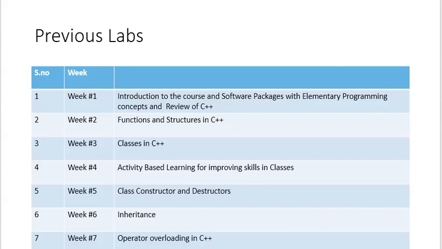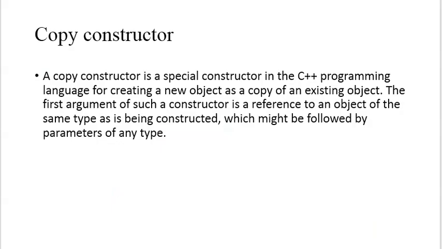This is a review of the last 7 labs, the titles of the last 7 labs which we have done already in the OOP and data structures lab. So starting with the copy constructor, what is a copy constructor? A copy constructor is a special constructor in the C++ programming language for creating a new object as a copy